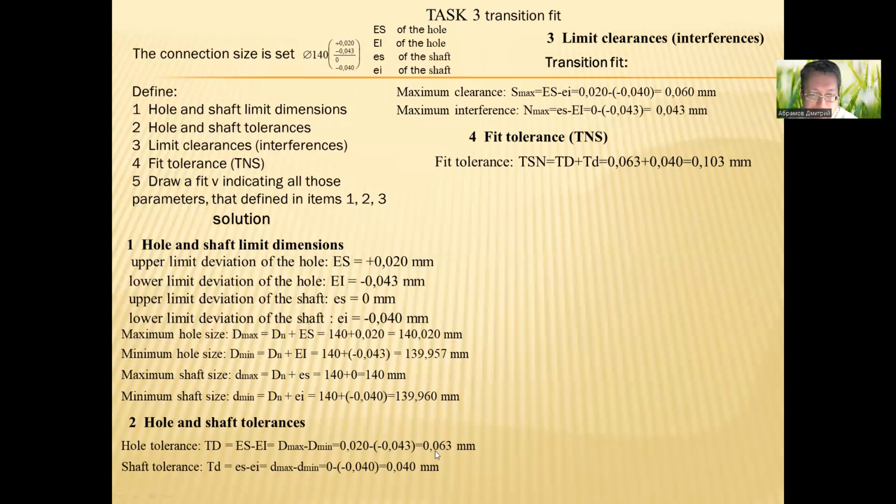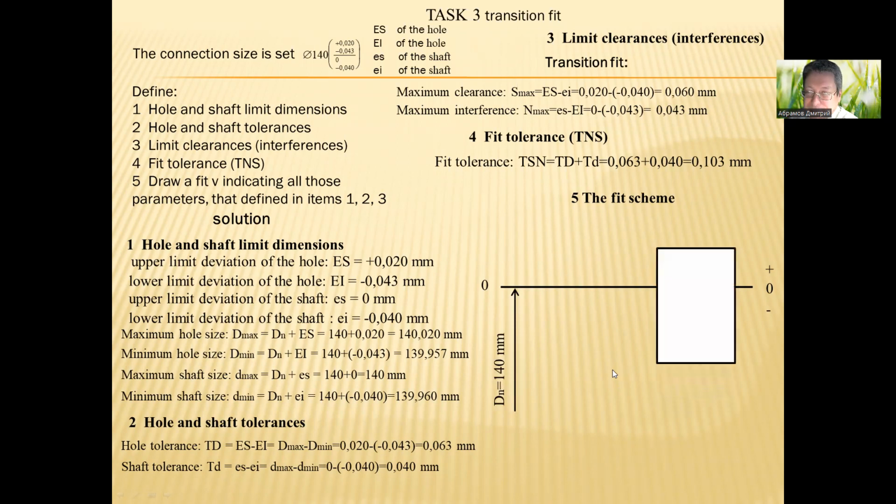Fit tolerance is equal to big TD, hole tolerance, plus small td, shaft tolerance. Hole tolerance 0.063 plus 0.040, and we have 0.103 millimeters. And the fit scheme: zero line, plus minus, nominal diameter 140 millimeters, tolerance field of the hole,